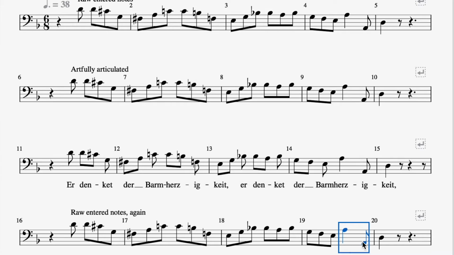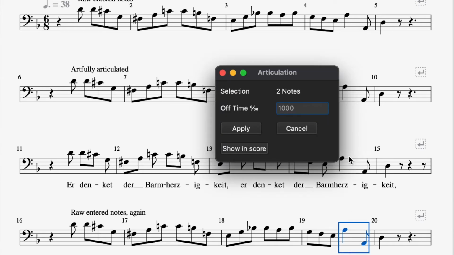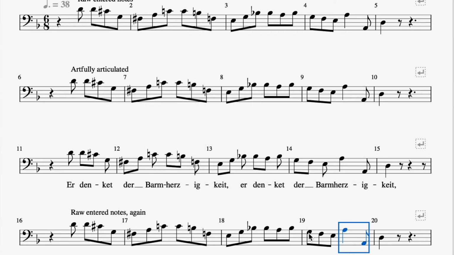Oh, with the plugin, you can select more than one note at once, and it will do whatever you do to both of them. However, you can't count on this to say what the articulation currently is because it's different notes. So if we click these 2 notes, we make them both 900. And now we have this. That's beginning to sound like cello playing. Let's see what we have.